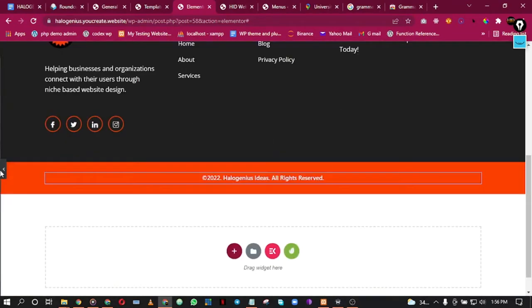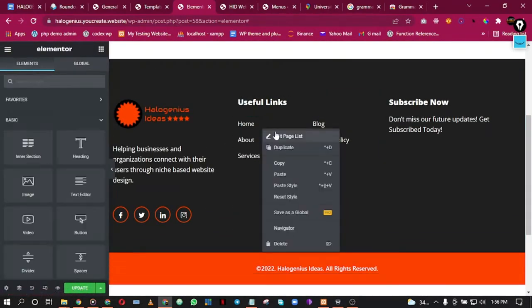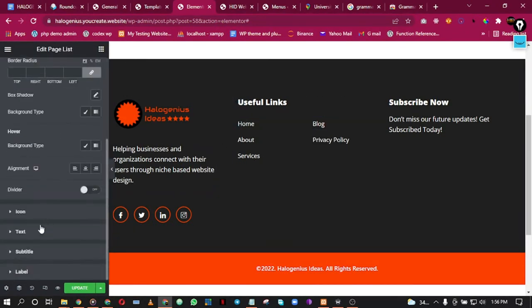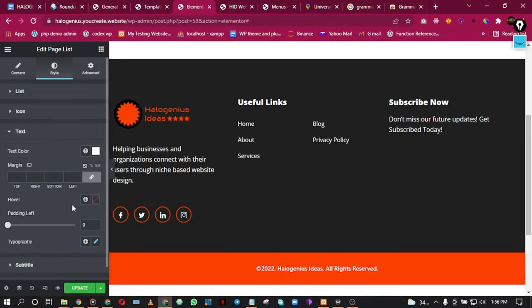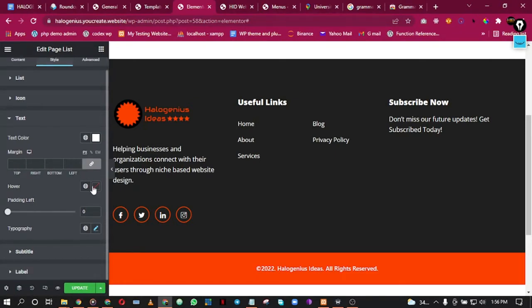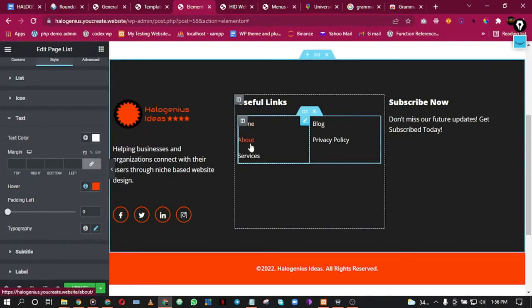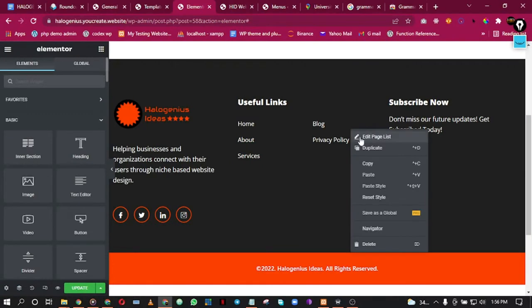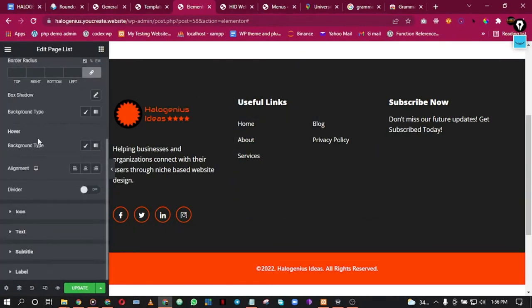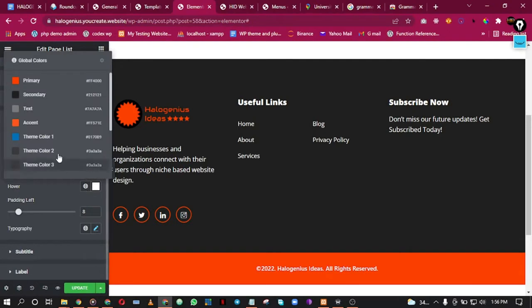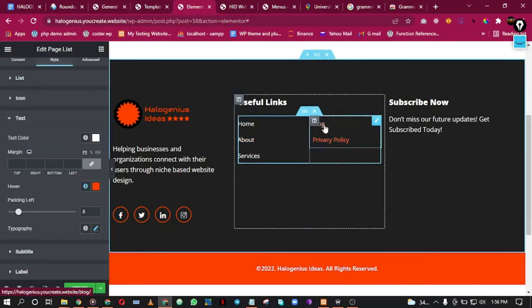And one thing I want to do to my useful links is the hover state. Edit page list. The text, when you hover on them, I want you to give me my primary. So when you hover on them, you give me my primary. For this one too, when you hover on them, I want you to give me my primary on the text, to be precise. Yes, thank you. Very good. So you update this,